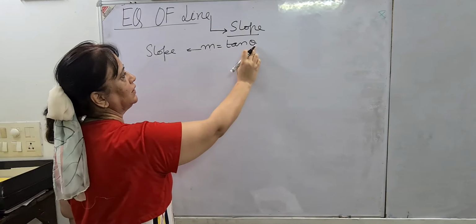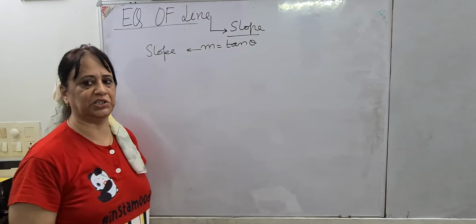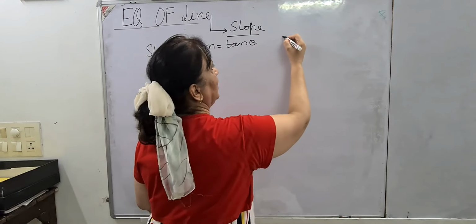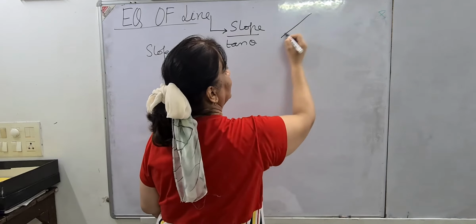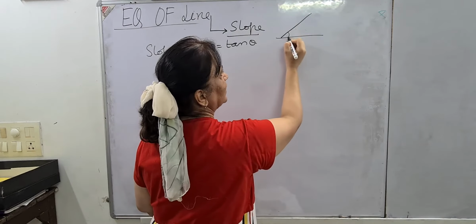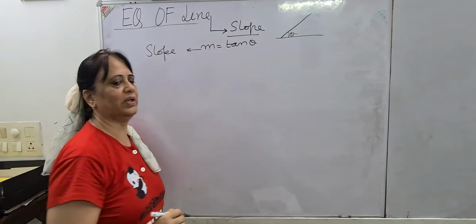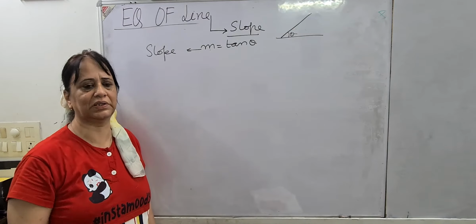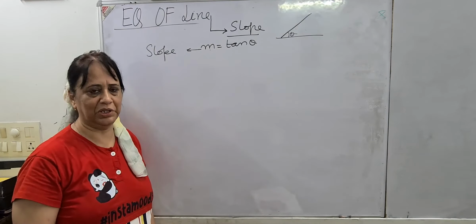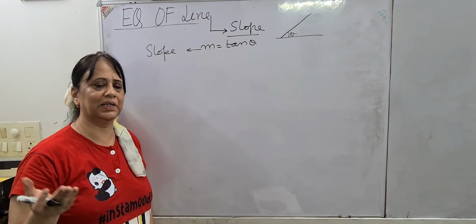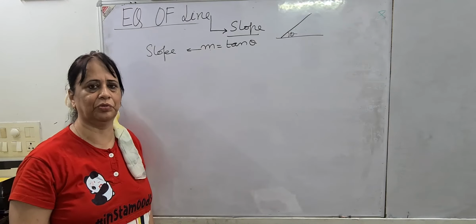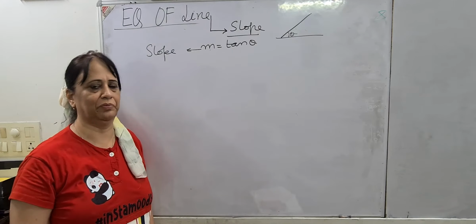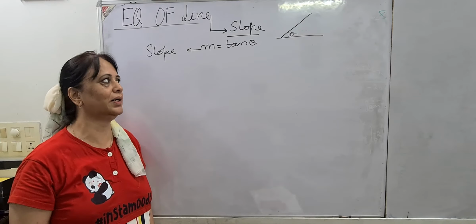In this, the value of theta is the inclination. Inclination means if a line is inclined like this, then only you have to find the slope. This is said to be theta. This will be given in the question. It can be 30, it can be 60, it can be 45, it can be in points also. If it is 30, 60, 45, they are standard angles, you have to take from the table. Otherwise, you have to find from log tables. That also we will learn.